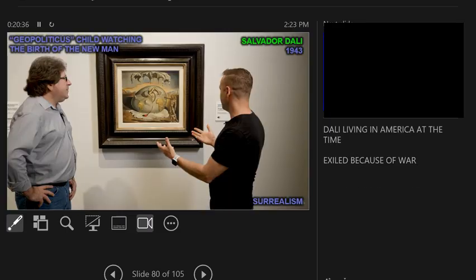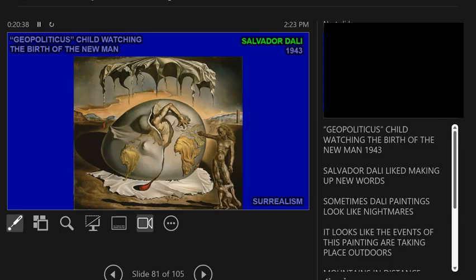All right, we're going to take another look at another one here. And it looks like there's an egg. It's like an egg or a globe, like it's a globe in the shape of an egg. And there's a guy emerging from that egg. This is meant to be Dali. And where is he emerging from? What part of the world? Right, it's America. So he had moved to America and almost reborn himself into a